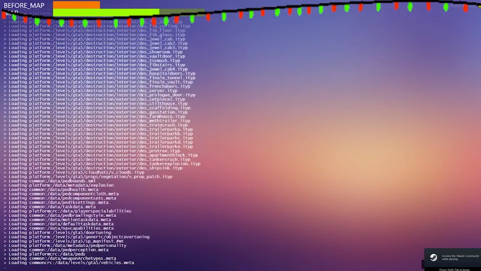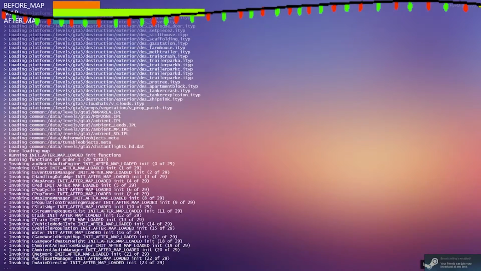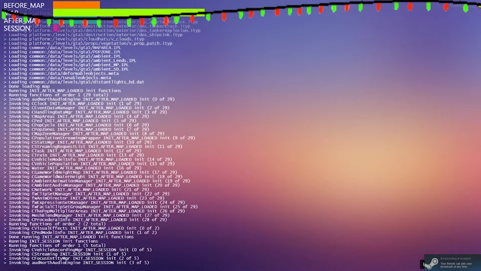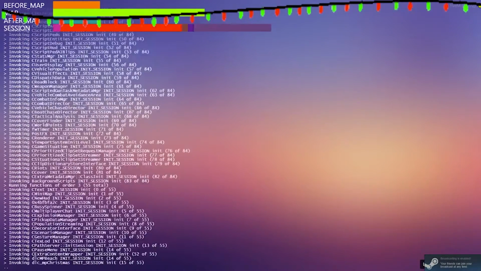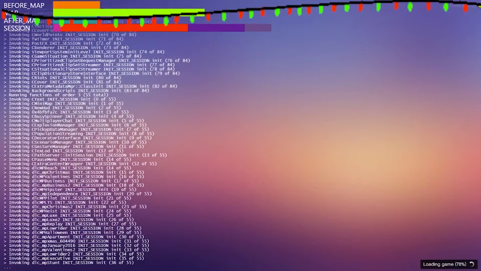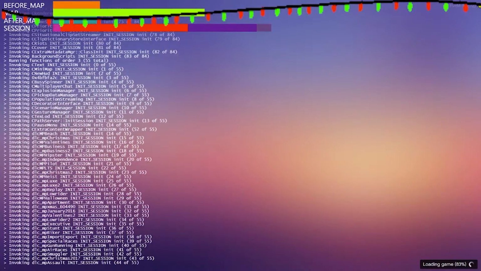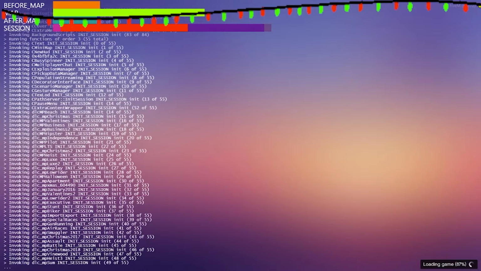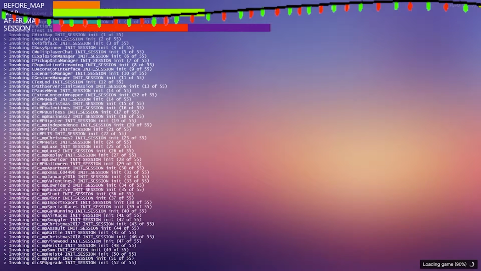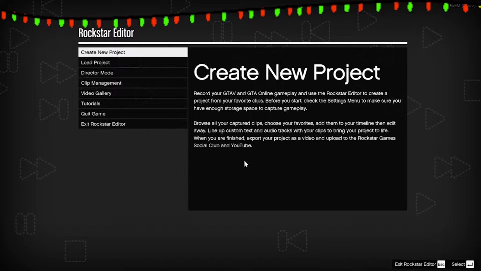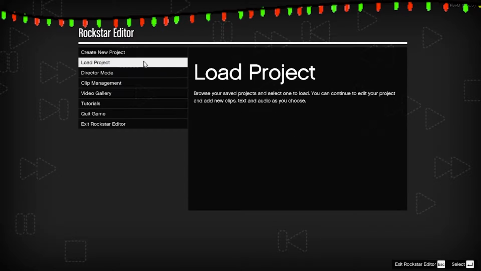Watching a dev come in server and just start spectating you, like, what the fuck is he doing? I have had that happen once, I'm not gonna lie. For other clips that I used at the beginning and whatnot, I had that happen. So that wouldn't surprise me if that happened again. But we're good. I'm out of there now, so we're good.